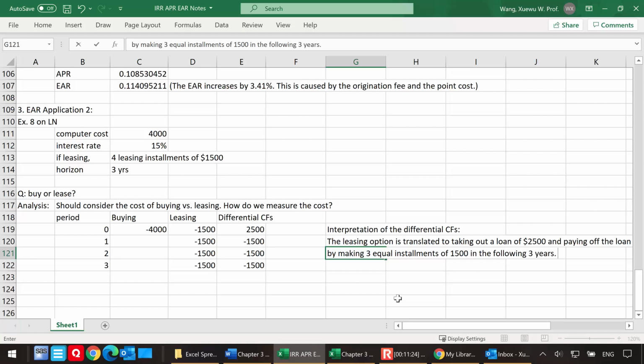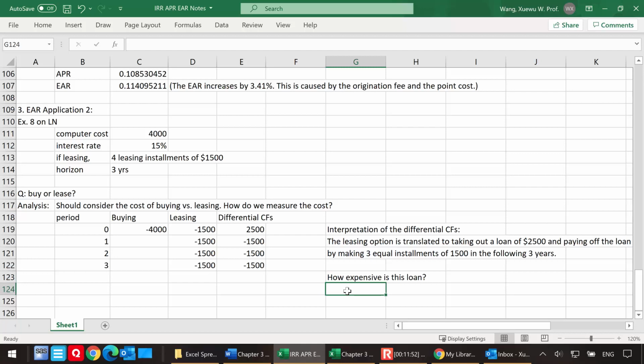Okay, so that is translating the leasing option. If you're willing to lease, that's like you're willing to take out such a loan. If you're not willing to lease, then you don't want to take out this loan. So the question is, how expensive is this loan? I want to measure the cost of this loan, because this really tells me how costly